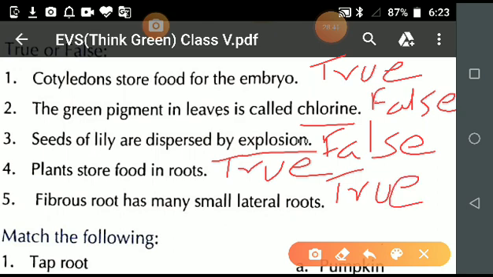Now, student, I know you all are sitting with your rough copy. After completing question number A, tick the correct answer. Question number B, true or false. Now, I give you a one word question which can be asked in the examination. If you want to note, you can write.